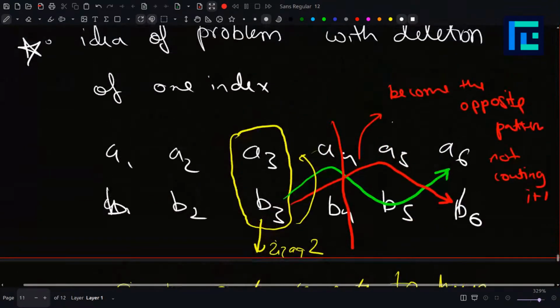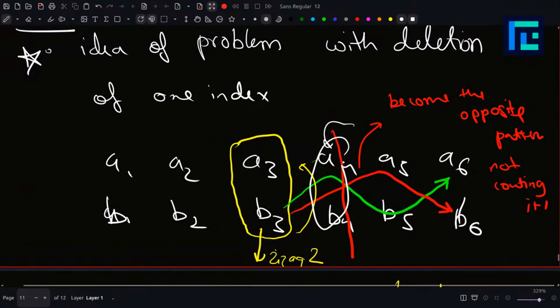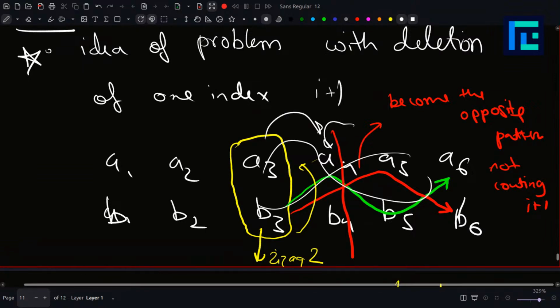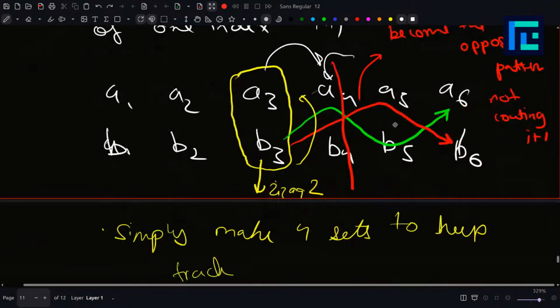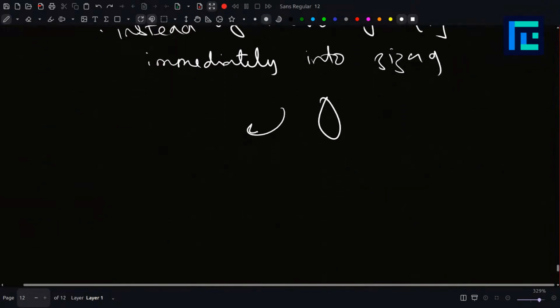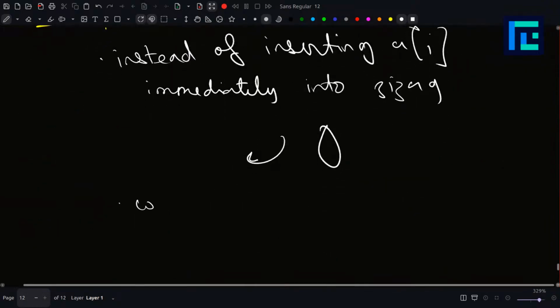Like, let's say when I'm here, I don't instantly insert this into the zigzags. I go here, I check my opposite zigzag values, right? Then I insert I plus 1. Then I check the normal zigzag values. Do you understand? So instead of inserting A of I into zigzag immediately, we go to the next step,